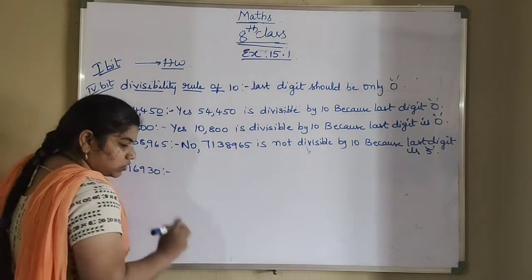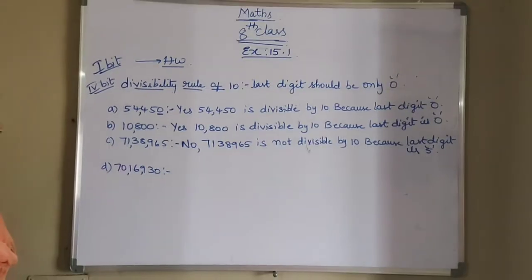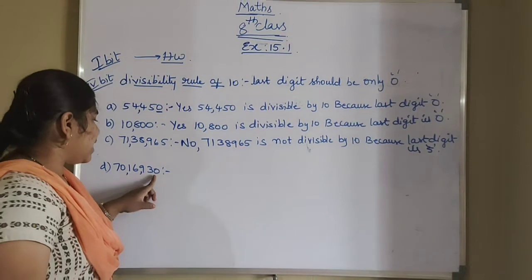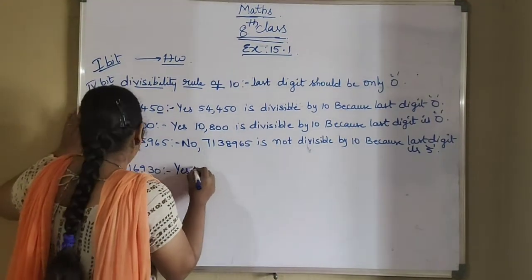70,16,930. So whether this number is divisible by 10 or not, we have to check. That is 70,16,930. So what is the last digit here? 0. So that means it will be divisible. So yes,